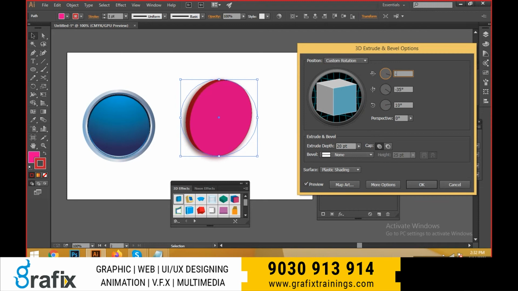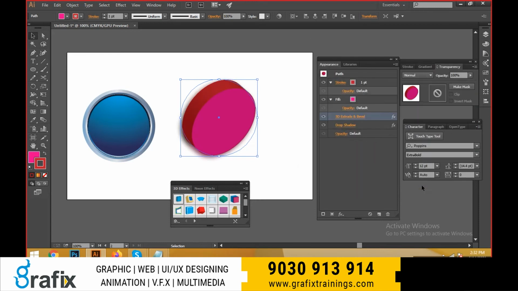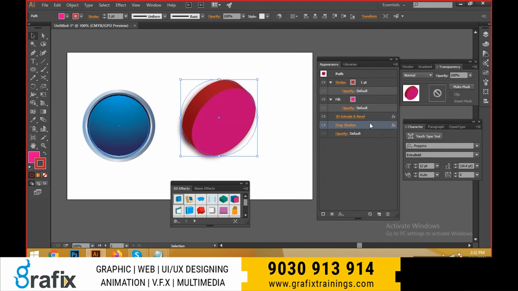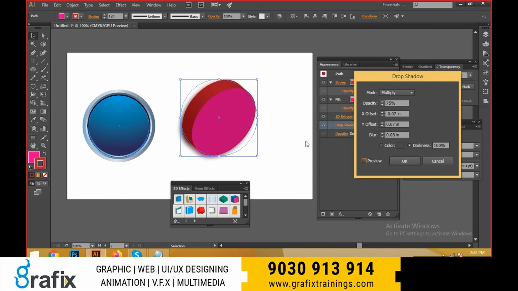I can adjust the properties and the depth, level 25. I can make it more, it's 50, and click it. Okay, and the drop shadow, I can go for preview. Okay, it is 0.08. I can give the drop shadow effect, and I can take it 0.08 again and make it 50. I would like to increase the darkness of the shape, give the darkness and make it opacity 100%, make it preview and click it.